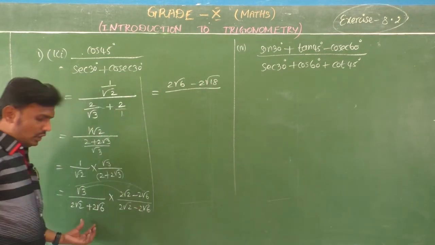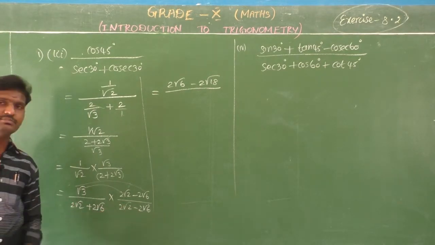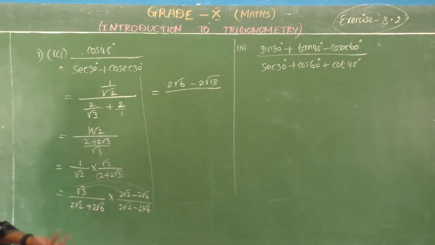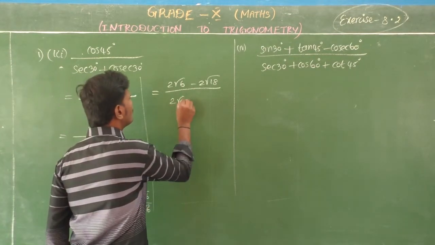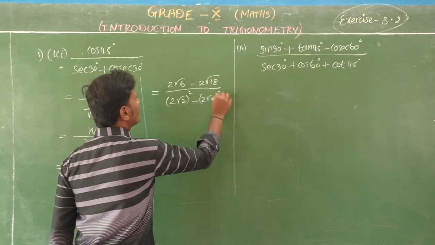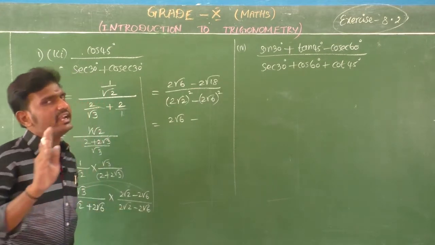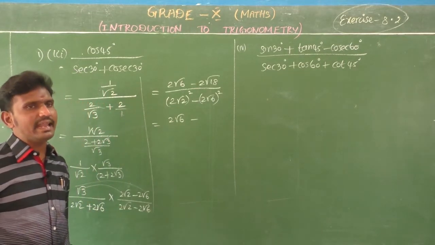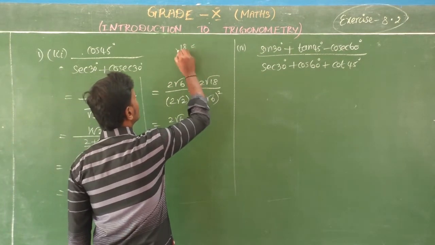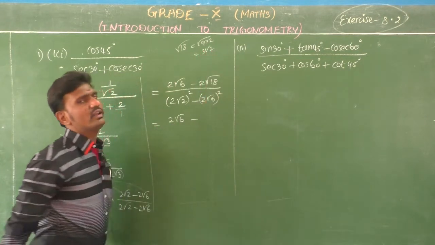The whole divided by, you have the format in the denominator a plus b into a minus b. And you know the formula, a plus b into a minus b, what will come? A square minus b square. So for that, 2 root 2 the whole square minus 2 root 6 the whole square. Okay, now minus 2 root 18, do you know what is the factors of 18? 9 twos are 18. Okay, so that root 18 I am going to write, which is equal to root of 9 into 2. So that is 3 root 2 will come.